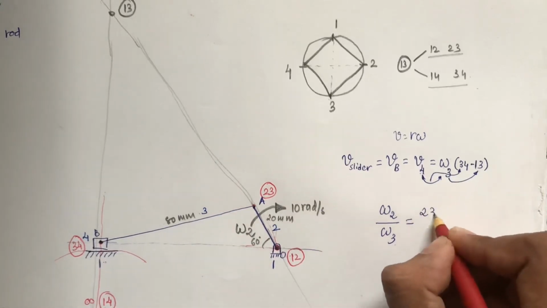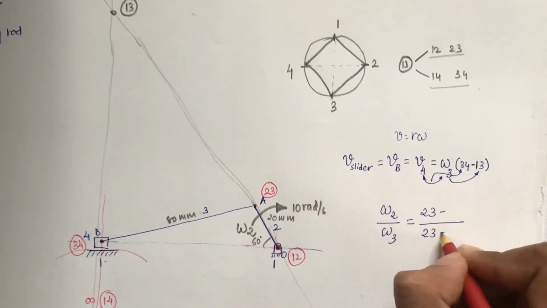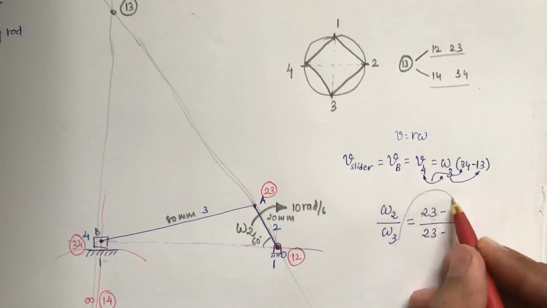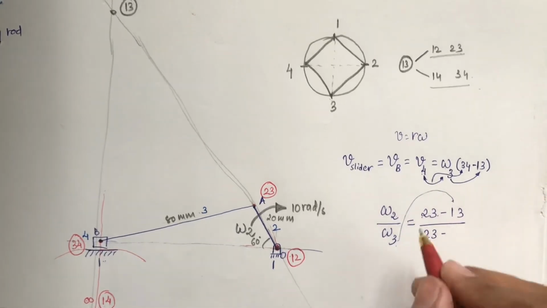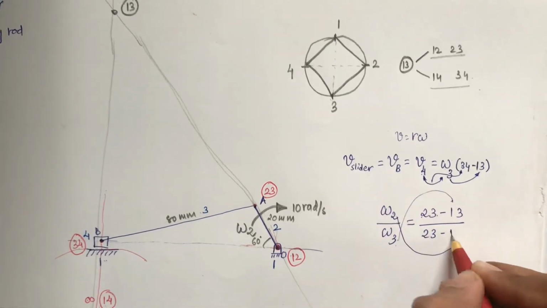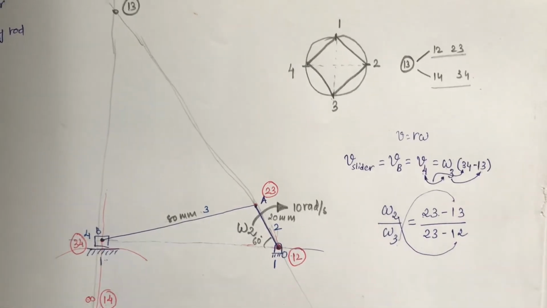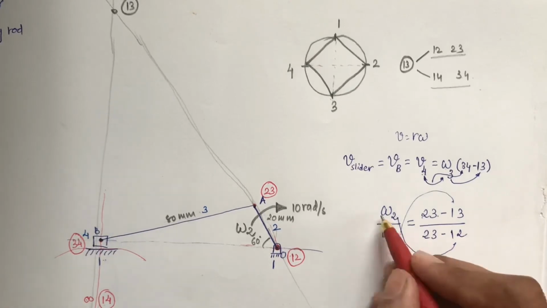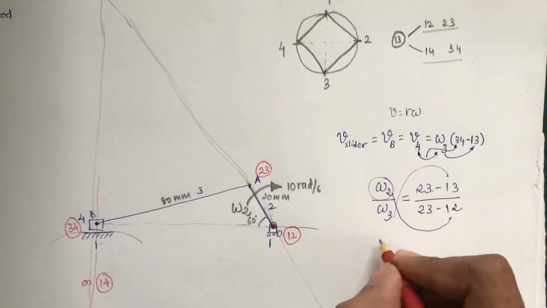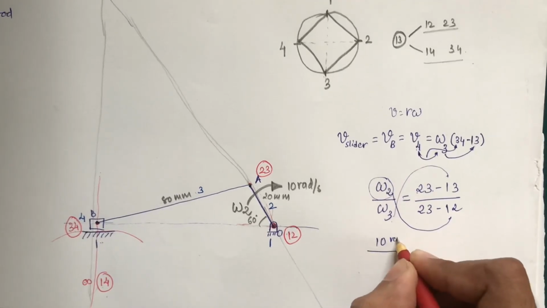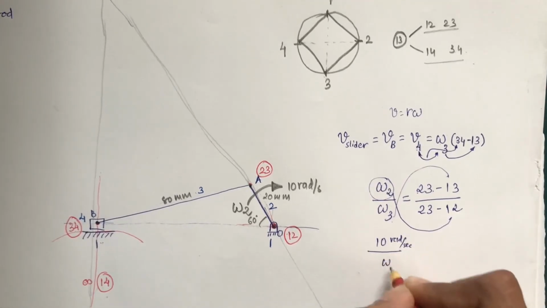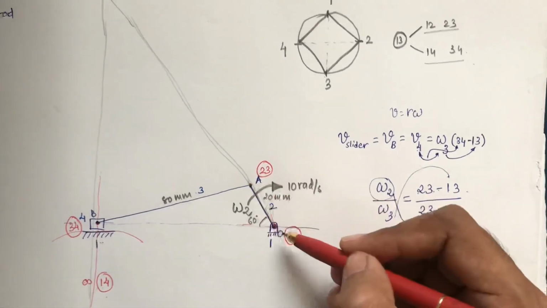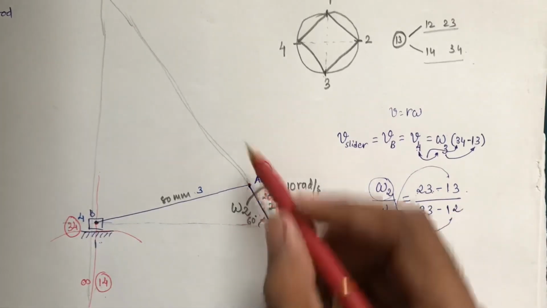So that represents 2 3, numerator and denominator. Inverse distance means 3, which I wrote in the denominator, will be in the numerator. So 1 3 with respect to fixed, and here it is 1 2. So it is the inverse ratio theorem. Now to find omega 3 we already have omega 2, which is equal to 10 radian per second, and omega 3. 2 3 to 1 3. 2 3 is over here, and 1 3 is this one.